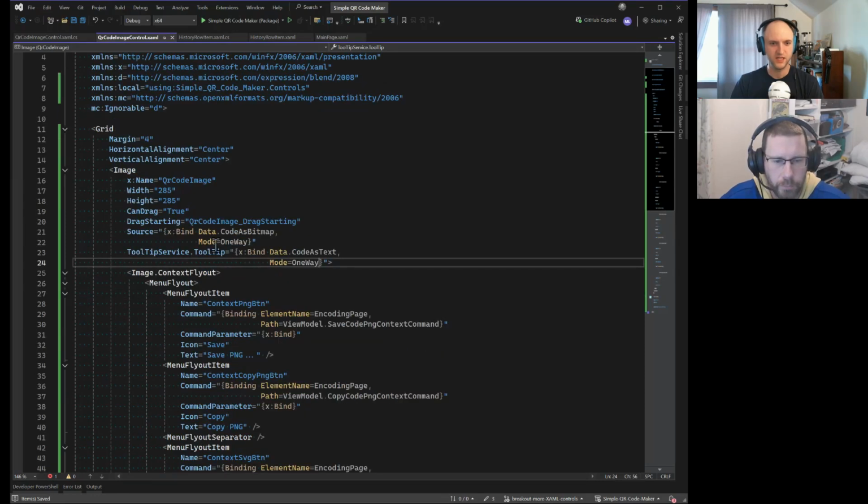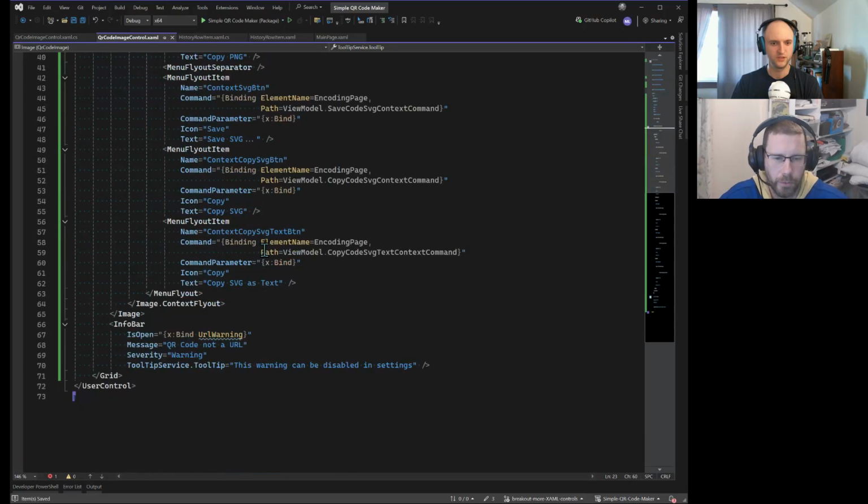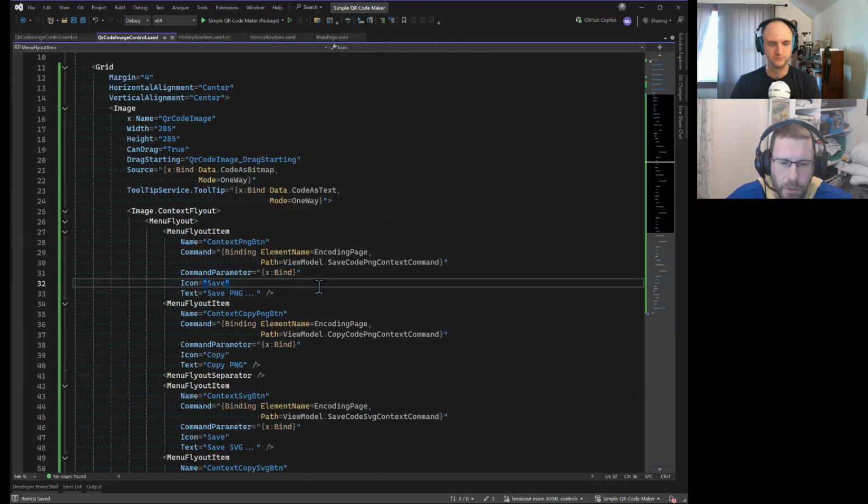All right, and that works for the image itself. So that's the code as bitmap. And the info bar, do the info bar, which is below the context menu, and then we'll come back to the URL warning. And that also needs to be one way. Okay. And again, if people are noticing that this is wrapping, that's the XAML Styler extension, and I made it so that it will style my Binding and x:Bind. Yeah, so now we've got all these